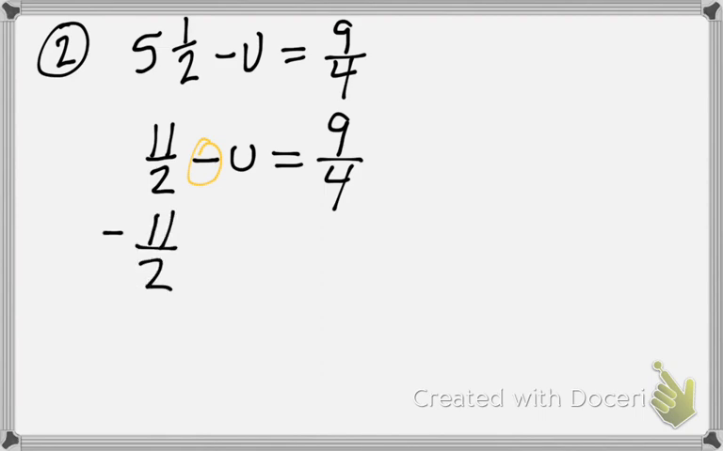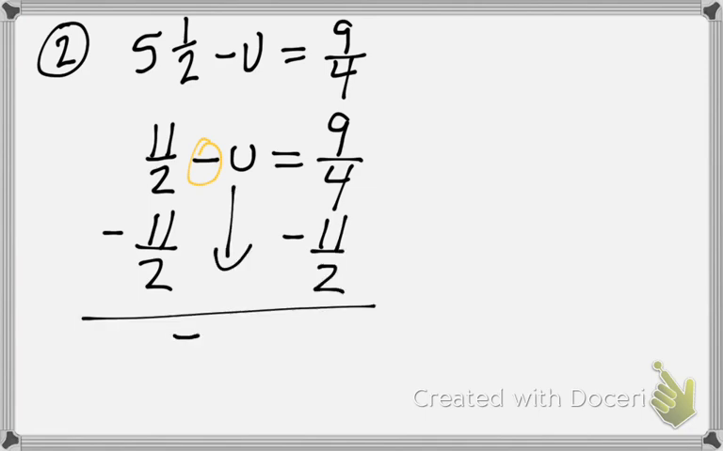So I'm going to get rid of that 11/2 with a negative 11/2. Which means I need to bring down that negative u. It's still there. So in order to do 9/4 minus 11/2, I need to get a common denominator. So that 2 is going to have to change into a 4, which makes that 11 turn into a 22 because I multiplied them both by 2. So I've got 9/4 minus 22/4, which is a